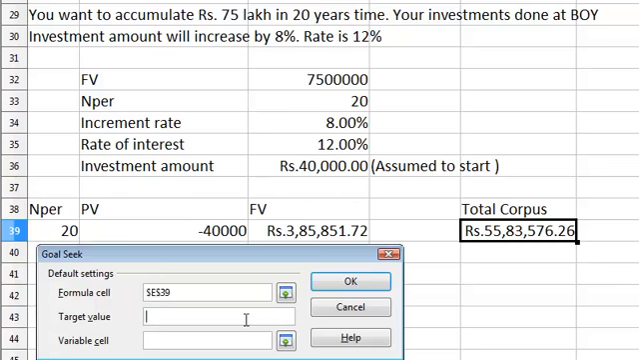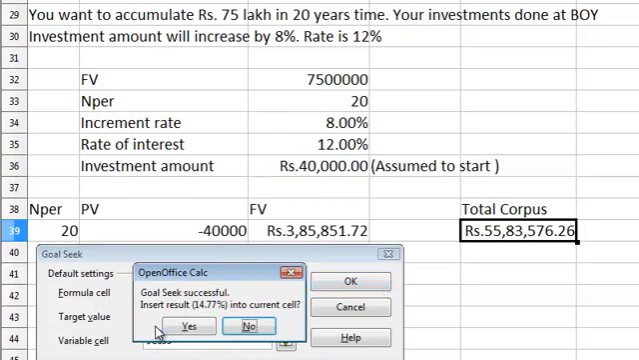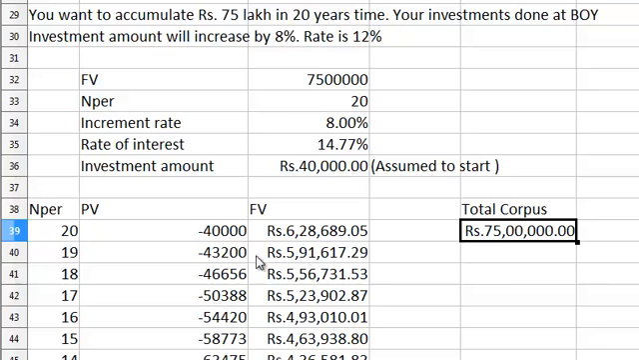So let's see, if rate of interest is increased, then what can be done. So target value remains same, 75 lakhs, and variable cell is now the rate of interest cell. So it tells me the answer, it should be 14.77%. Do I want to insert it? If I say yes, it does that. So starting with 40,000, the rate of interest has become 14.77%, as you see here, and the result is 75